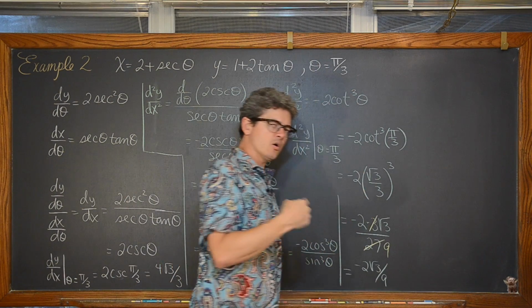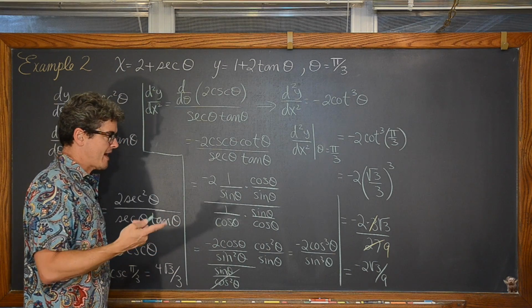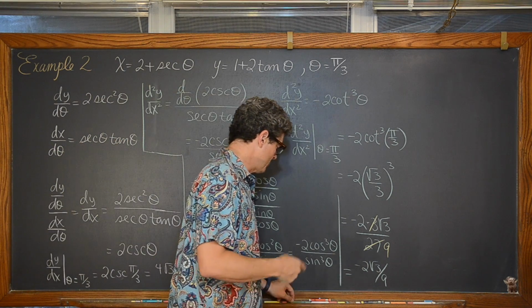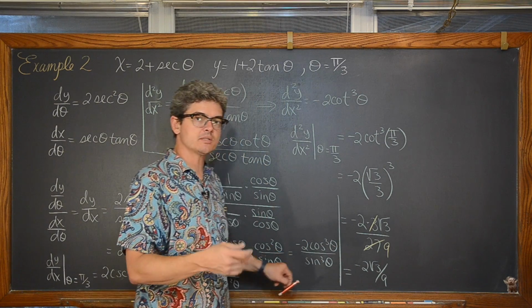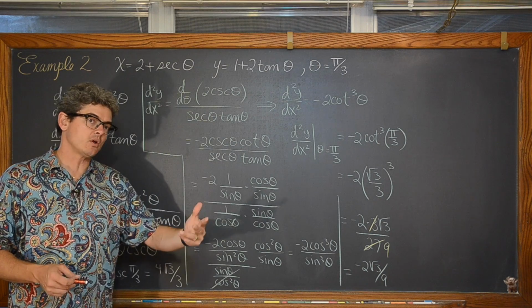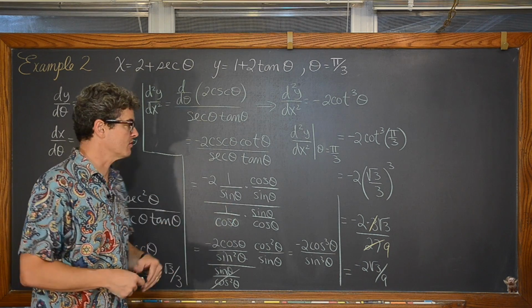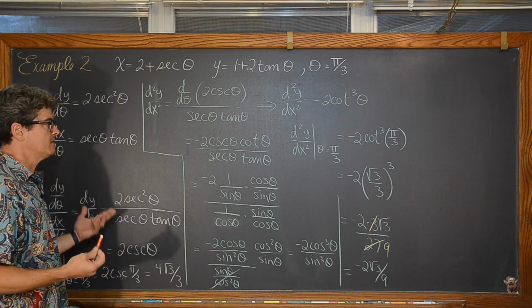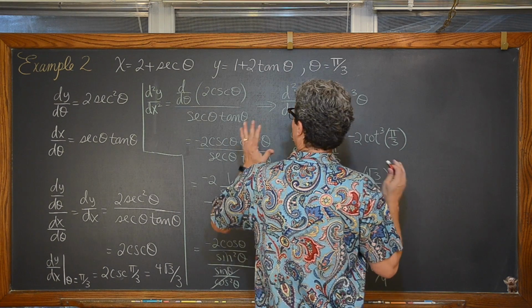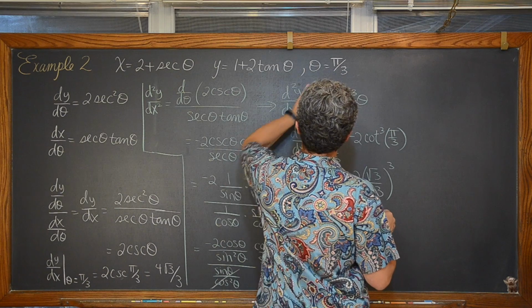Now, I hope that you saw me add a little bit of information there at the end. Like if you were asked to find the tangent line, of course, you need a point and a slope. If it asked you something like at what point along the curve, is it increasing, decreasing? I don't know, just to make sure that you remember, of course. I certainly hope so. What is the point on the graph here at pi over 3?